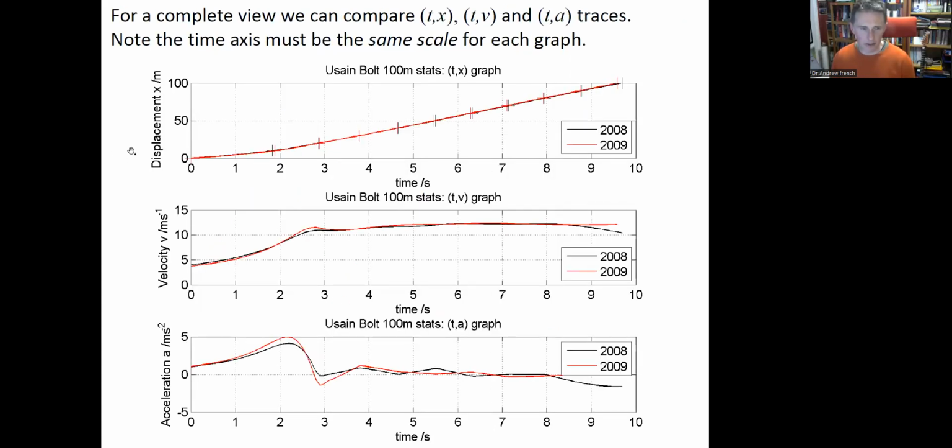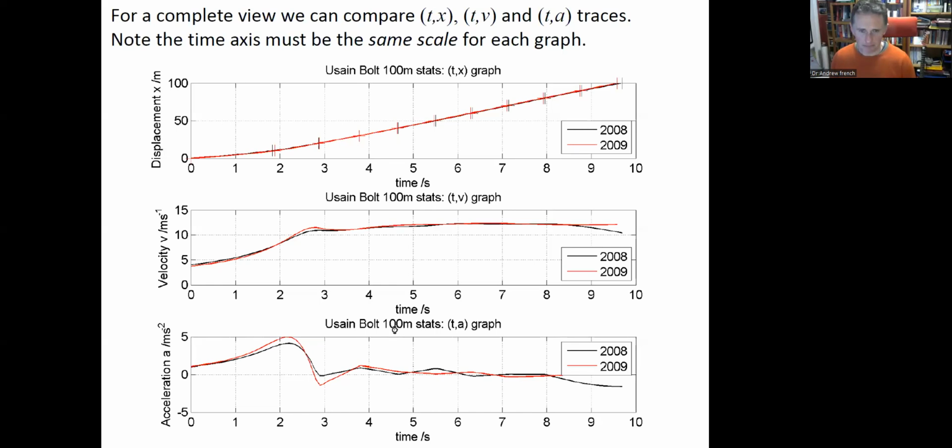Okay, so here's the complete view. And I've used the same time scale so you can compare the graphs. These graphs were all produced from a MATLAB program, which read in the data, performed my cubic splines, plotted the data and made it all look nice. This data pipeline is something I'd recommend you get into. If you're starting out and you've never programmed before, doing something in Excel would be a good idea. But you want something that has graph plotting capability. So matplotlib in Python is a good thing to do. There are loads of different things, different languages.